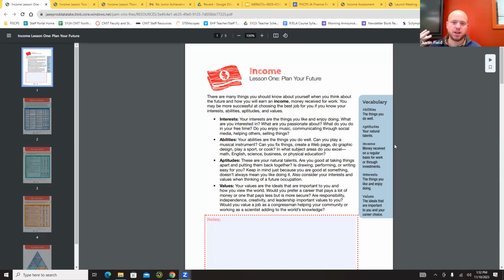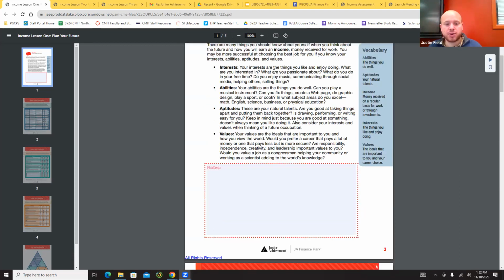for an assessment in each of the 4 areas: income, investing, debt and credit, and budget. And after that, we will be ready to go to JA Finance Park and experience a simulation of your abilities, what you've learned about personal finance. Very important. So the first thing is read page 3, and then in your own words, write a definition of